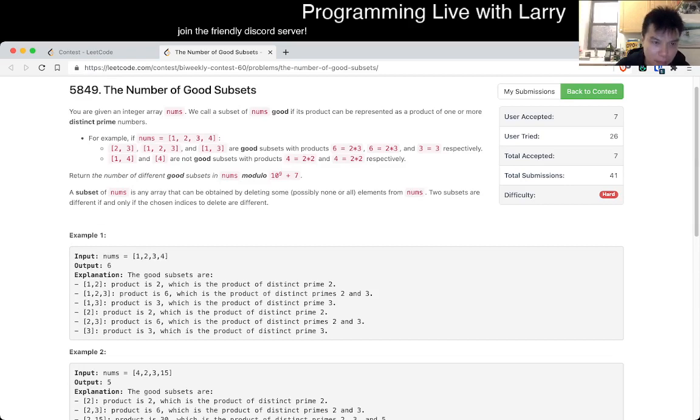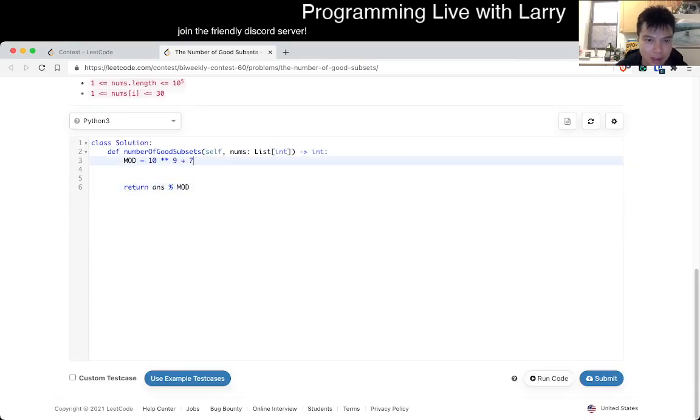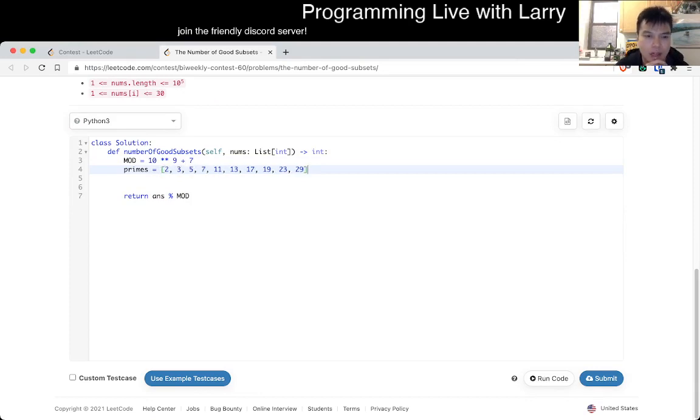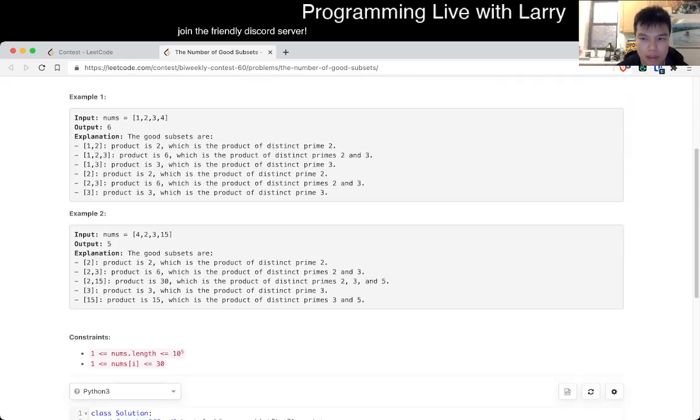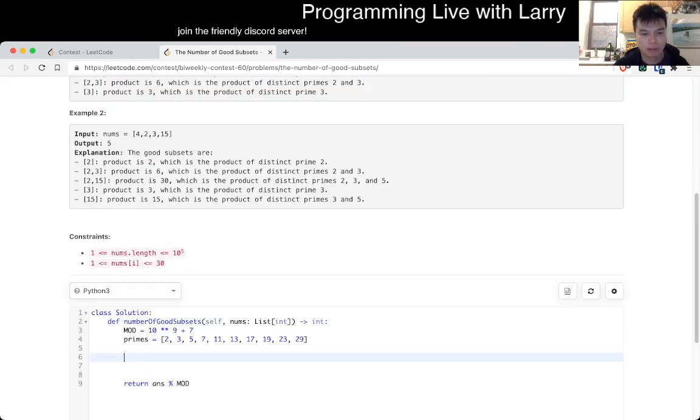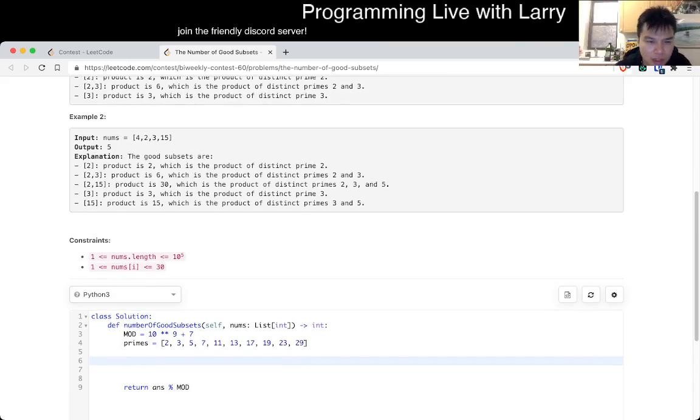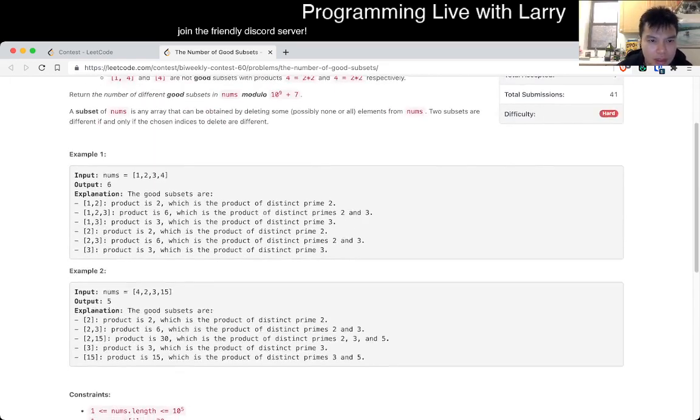How many primes are there under 30, or well, I guess I was going to say 30 or less, but there's no 30, so there's only, let's see, there's only 10 primes under 30, so I was going to write something, but I'm just going to copy and paste it. So these are our primes, and then now, how do I want to think about this? This is doable for me, probably, but I have to think about it a little bit slower. So okay, does sorting help? I guess it doesn't change anything if we're just doing that, but